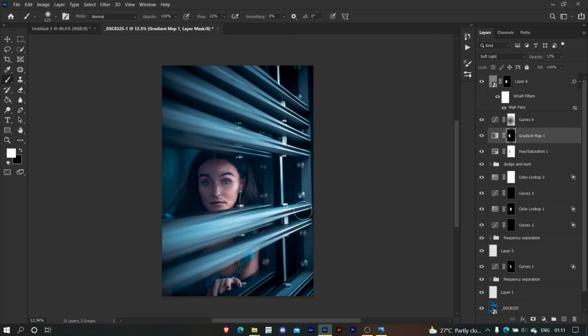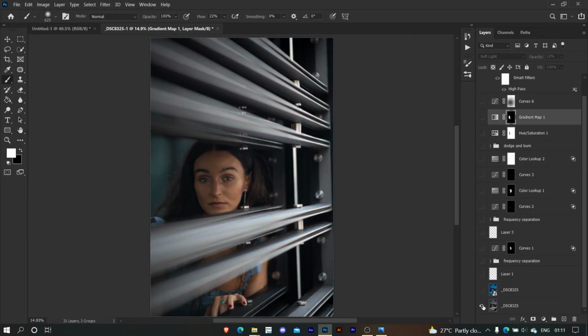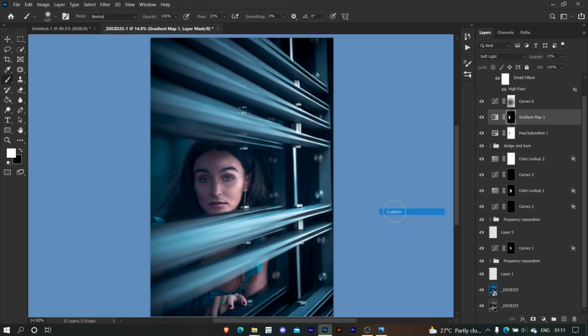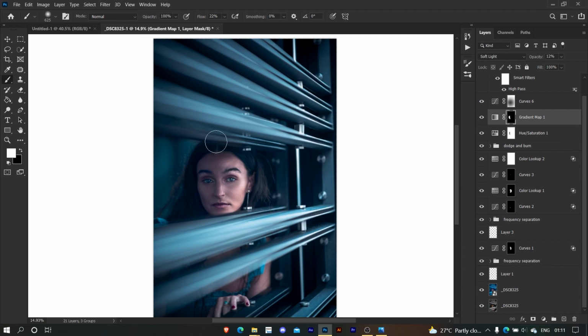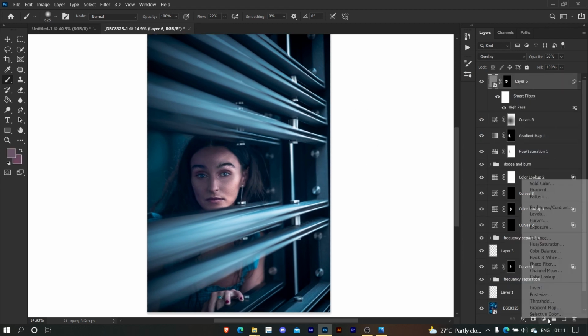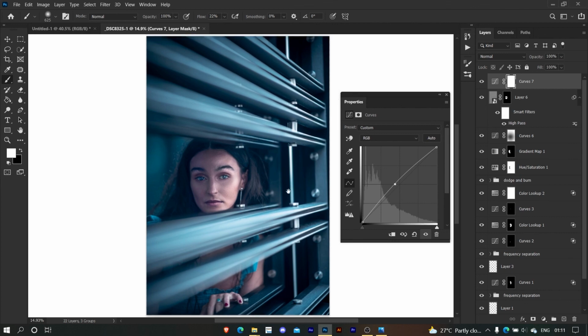This is the final result. Once let's look at the before and after. This is the before and this is the after. But if you are uploading it to Instagram, we have the background color as white. So for Instagram it is looking too dark. So for that you can make a curves here and just increase the curves a tiny bit and it will make the image a lot brighter and it will compensate for the background color of the Instagram.